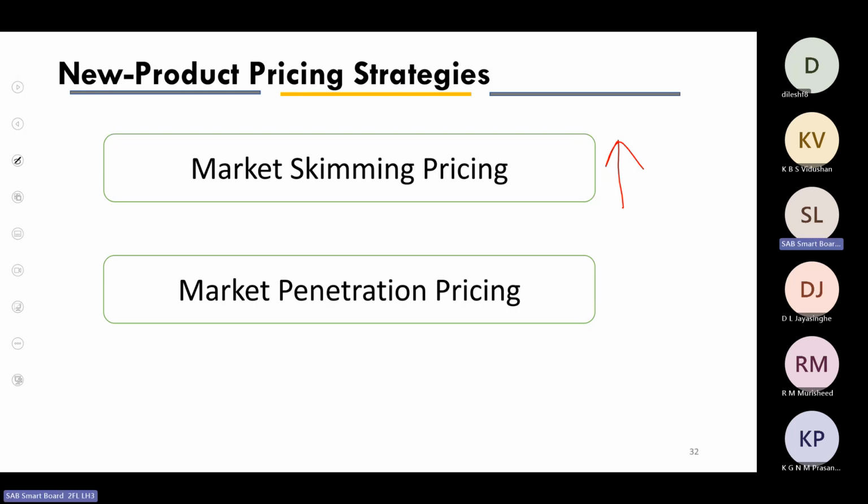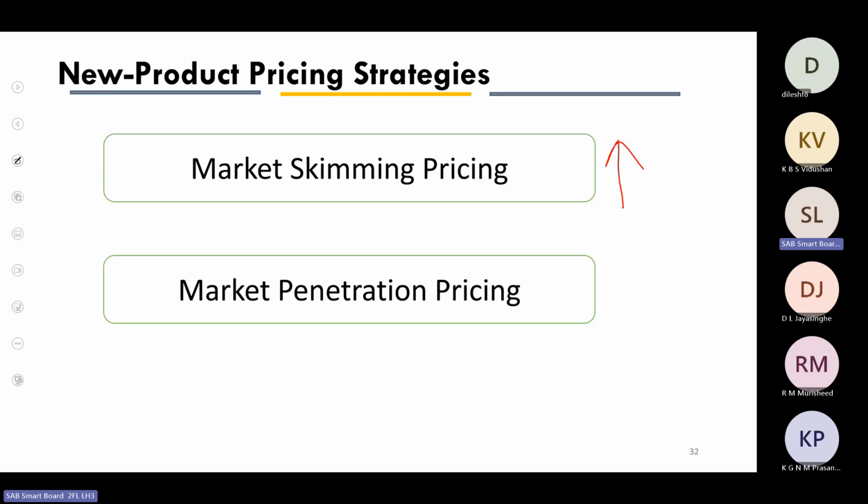They can go for any price. We are still blaming it, but still we are buying it, because we have no alternatives in the market. So a company can charge a high price, especially when there is no competition or less competition in the market, and when there are fewer alternatives for customers for the products they are buying. In such situations, companies can charge a high price when they enter the market.